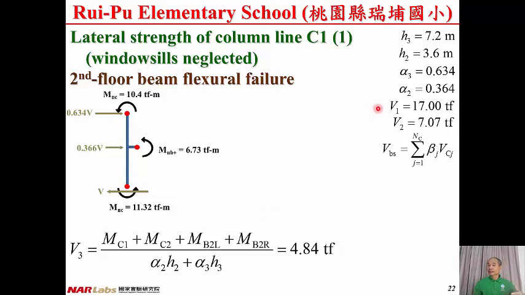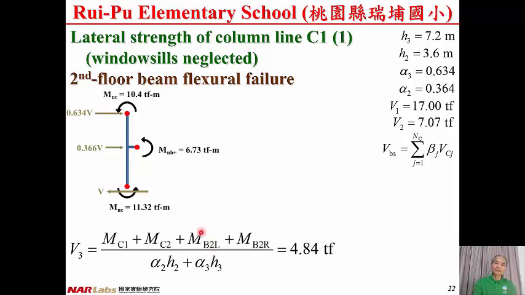So far, we have the lateral strength of the column line under failure mode 1 equal to 17.00 ton force. Under the second failure mode, it is equal to 7.07 ton force. And we move on to the third failure mode, the failure mode with second floor beam flexural failure. V3 equal to MC1 plus MC2 plus MB2L